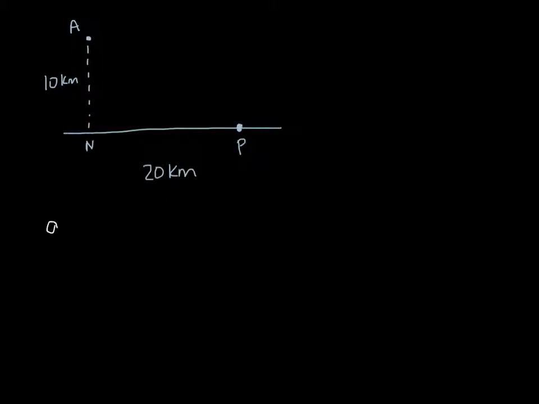The first one, part A, asks how long it would take to go from A directly through P. So I'll draw that as a red path, and we'll make it dotted. If we were just to go from A directly to P, how long would that take? And there's some information that I haven't written down here, such as how fast the geologist can drive through the desert and how fast the geologist can drive on the road. This blue line down at the bottom is representing our road. So this red dotted line is desert all the way, and we know we can drive 30 kilometers an hour